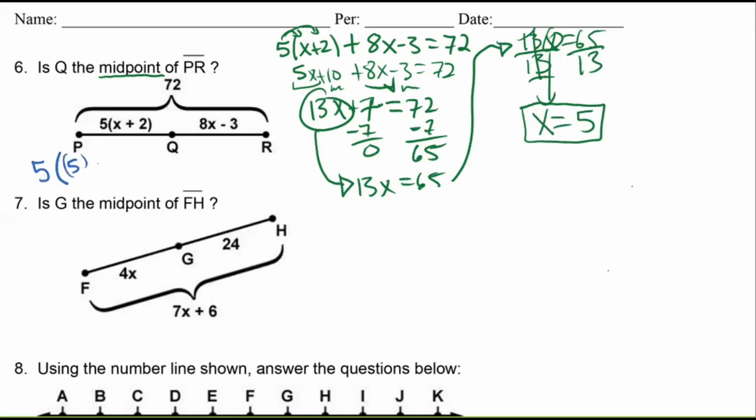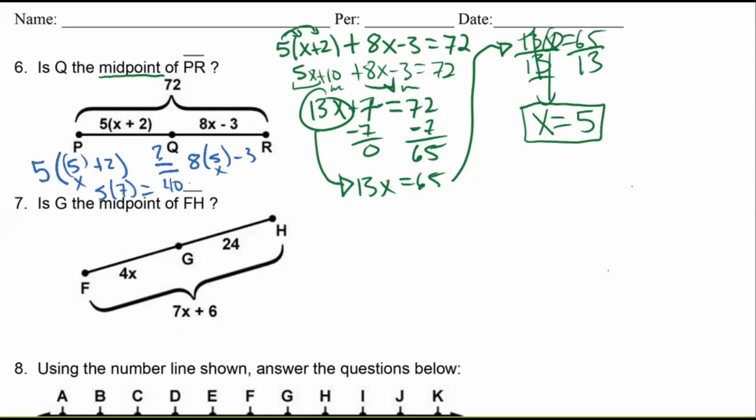This is my x value plus 2. And then I want to find out if this is equal to 8 times my x value. So what's 5 plus 2? 5 plus 2 is 7. What is 8 times 5? 8 times 5 is 40